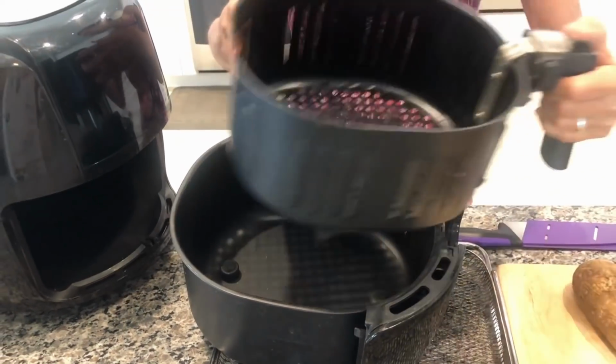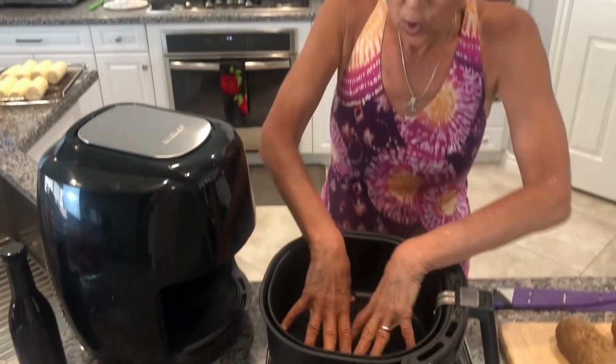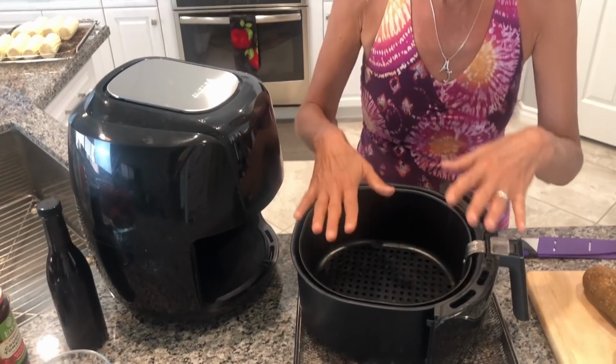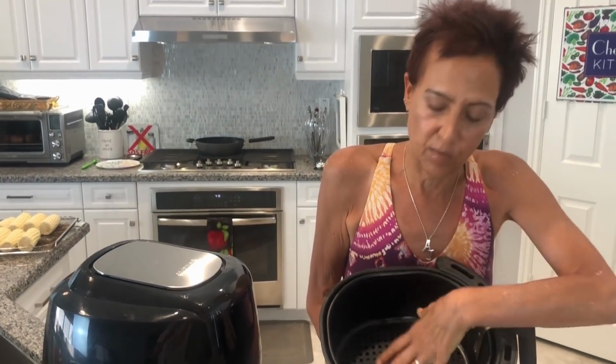It's really just 3 pieces. You plug it in. I can't show you all air fryers at once because there's just not enough power in the house to do that. I can only do 2 things at once. So you put this piece down, you put your food there. There are things you can buy where you can stack them. JL Fields in one of my videos shows how to do this. You can actually stack air fry, but for the most part, this would fit about a pound of Brussels sprouts